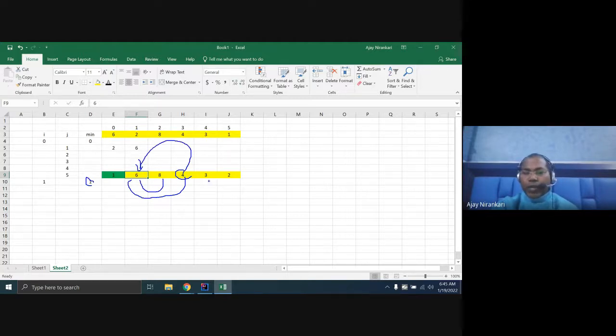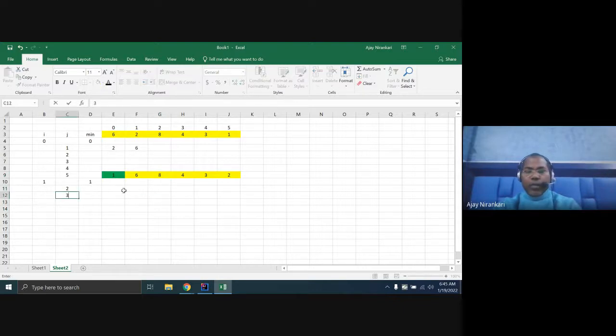Again, you compare the next element. Next compare, this is the 4. Now compare to the 3. Oh no, 3 is the minimum. You have replaced with the 3, right? Then compare to the next. So in this way, you assume the first position data is the minimum, and then you compare from plus 1. That means you start the loop from 2, right? You compare 2 with the minimum, there is no change, right?